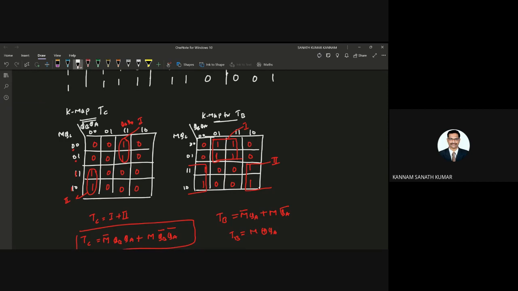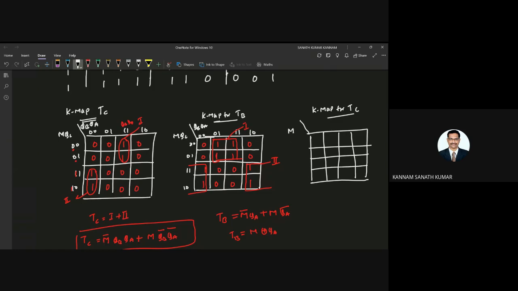And next, if you see the K map for TC, this is M, QC, QB and QA, 0001, 1011, 0001, 1011. So all ones you will get.